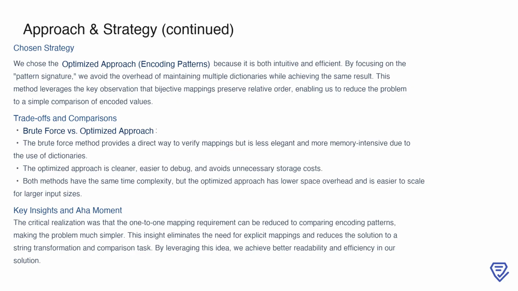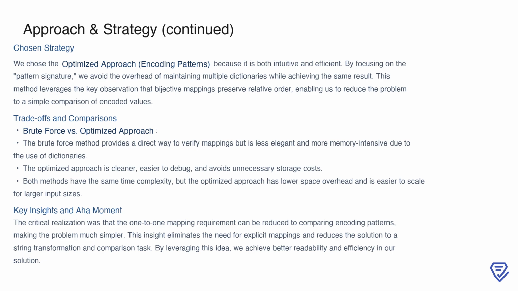By focusing on generating and comparing pattern signatures, we eliminate the need for maintaining explicit character mappings, which reduces memory usage and makes the solution more elegant. The key insight driving this strategy is that the requirement for a one-to-one mapping can be reduced to preserving the relative order of first occurrences in the word and the pattern. This realization allows us to transform the problem into a simple comparison task, making the solution not only more readable